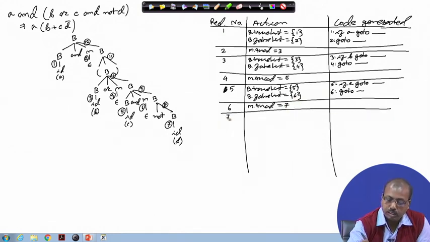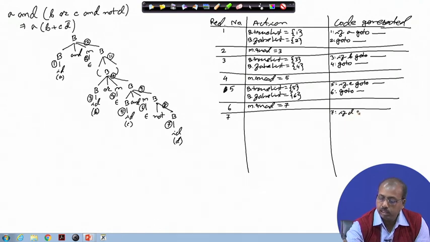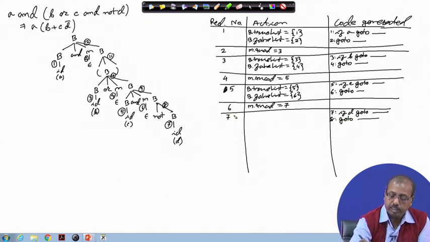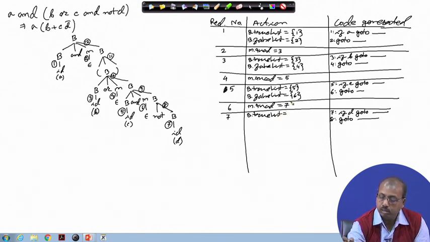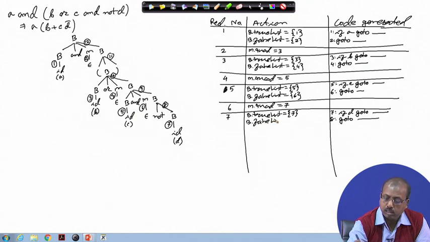So, this is done. At reduction number 7 again B producing ID. So, it will generate lines of code: if D go to, and go to. Now, at reduction number 7 the true list and false list will be generated. B dot true list equal to 7 and B dot false list equal to 8.